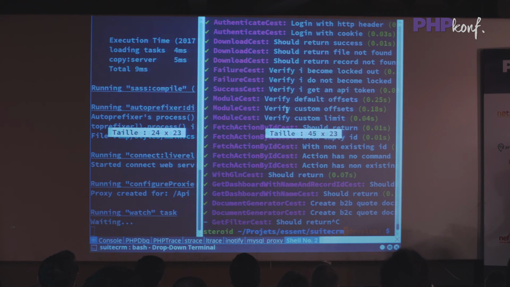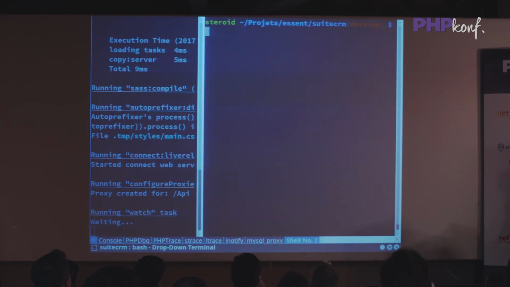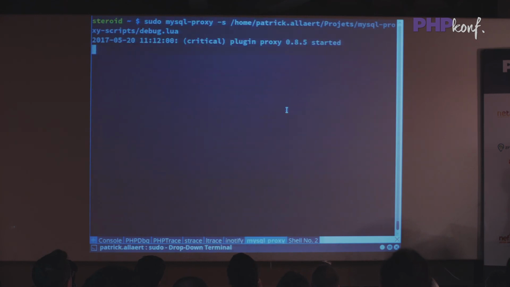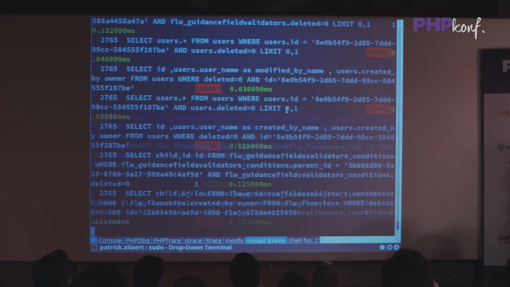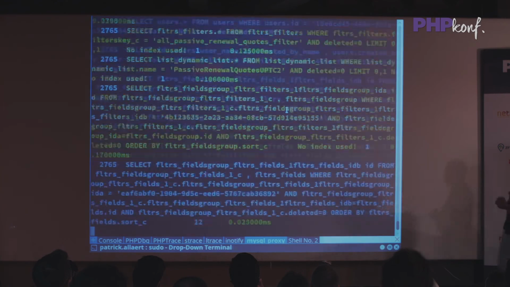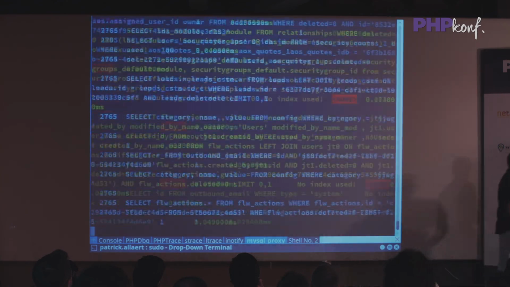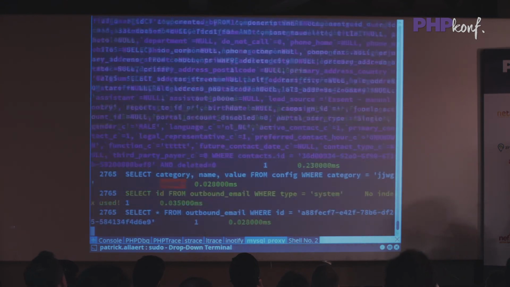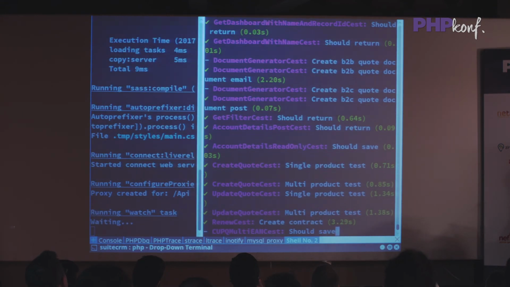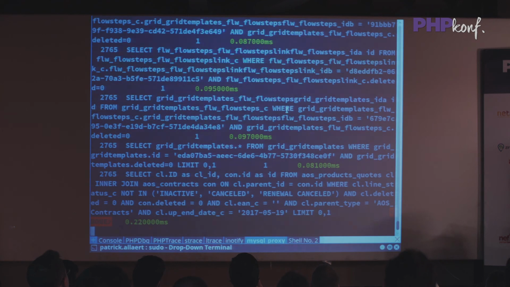I have here my Codeception test on an application I'm working on. If I trigger this, I start seeing all the queries that happen between my application and the database, and that's a lot of queries. So I'm going to interrupt the Codeception test. What I did in the Lua script is just print the actual query, but I have plenty